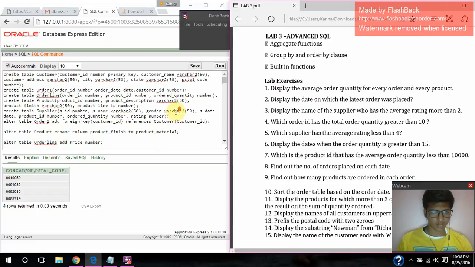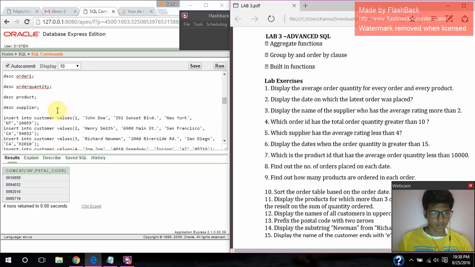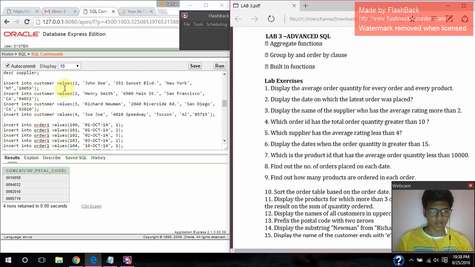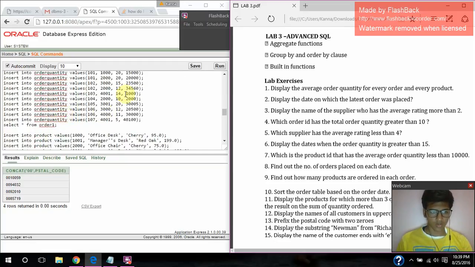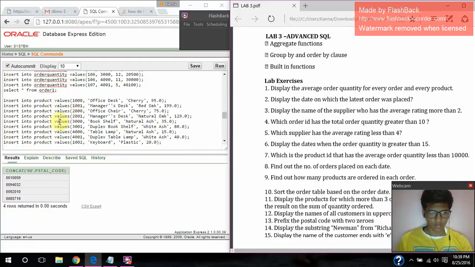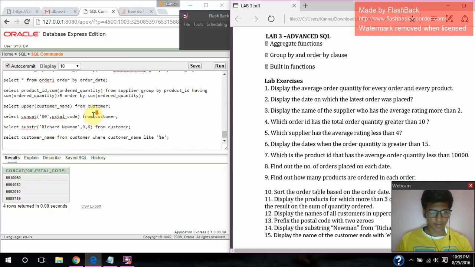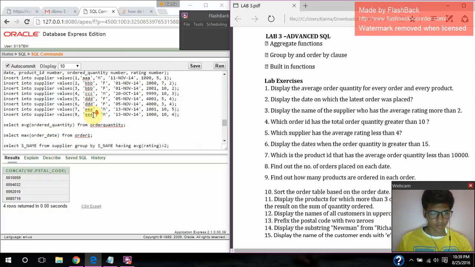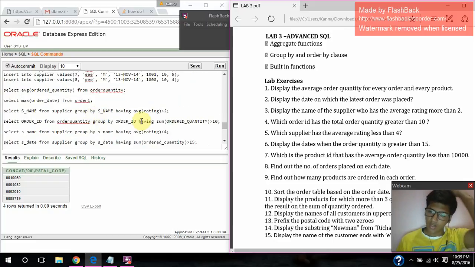What I've done here is create 5 tables called customer, order one, order line, and supplier. Then I inserted the values into the customer table. Order one values are here, order quantity values are here, product values are here, and supplier values are here. Those were actually the queries for the previous 2 experiments, and now we will see the queries for